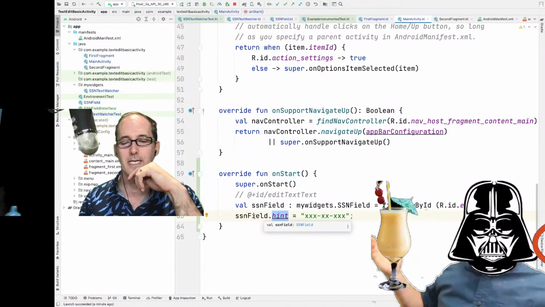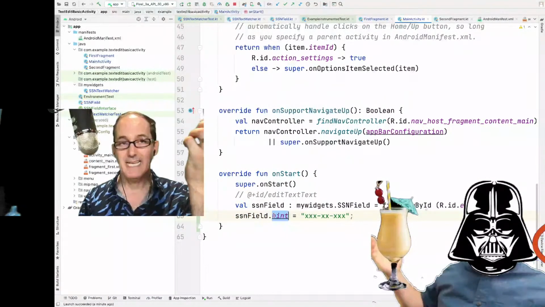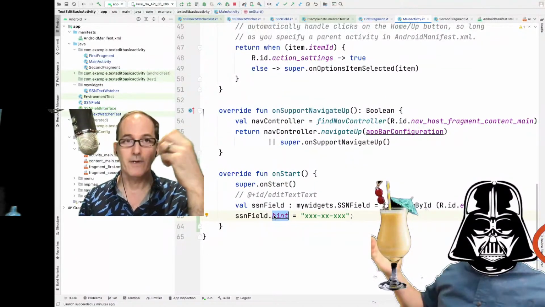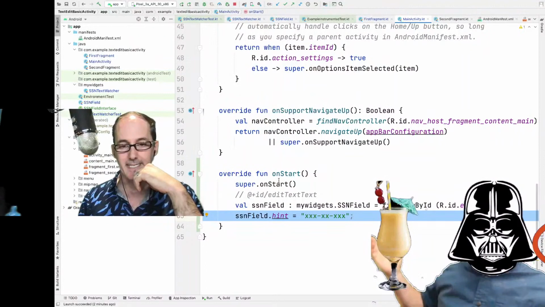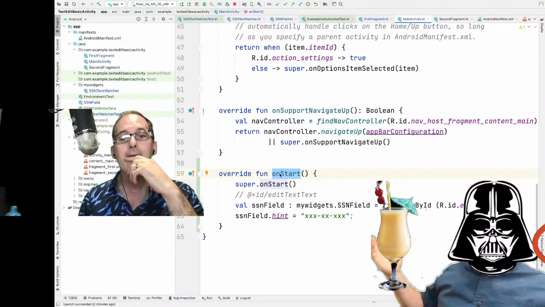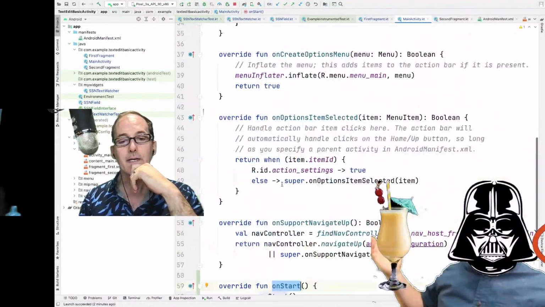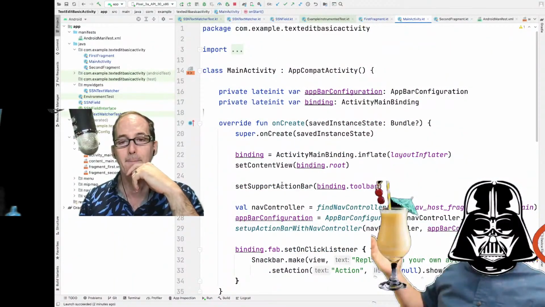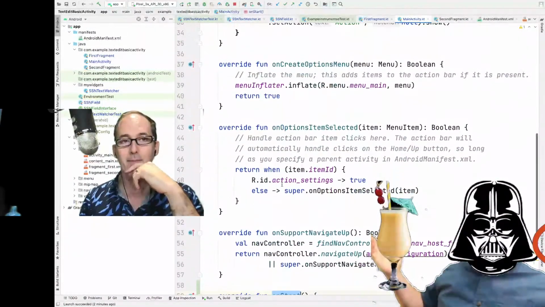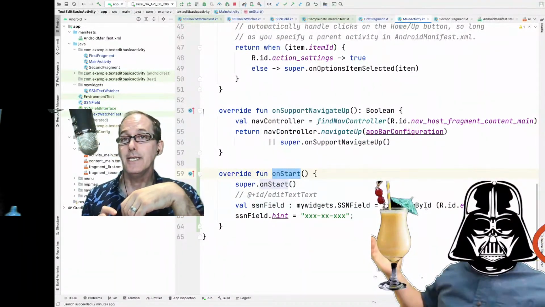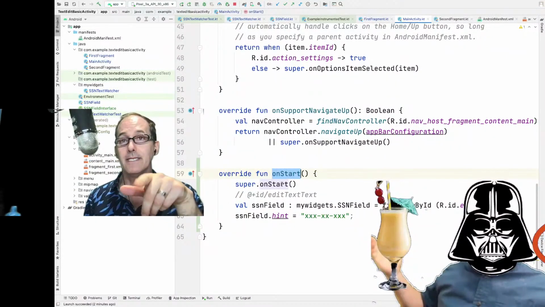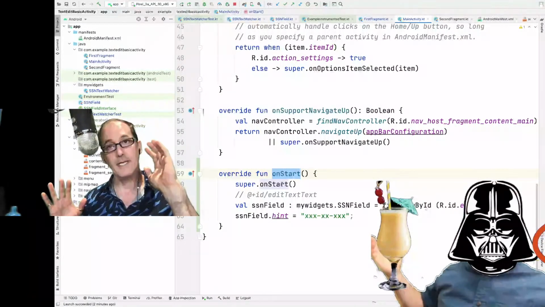So a couple interesting things. This is the UI, so we can't really test drive the UI class because it's very difficult to instantiate that. The other problem is, well, we didn't TDD this. Now, could we TDD this? Maybe. Let's see here. Can I instantiate one of these? App compat activity. I have a feeling that's going to be a lot of problems. So anyways, we added functionality. The product owner's happy, or is she? She may not be, because this functionality could stop working at a moment's notice, and we don't have automated tests